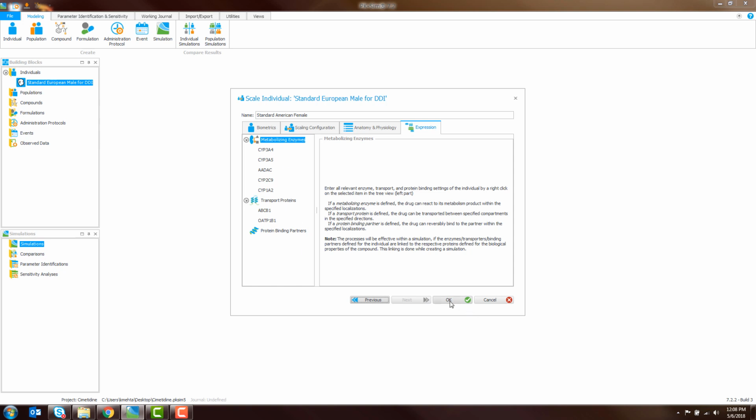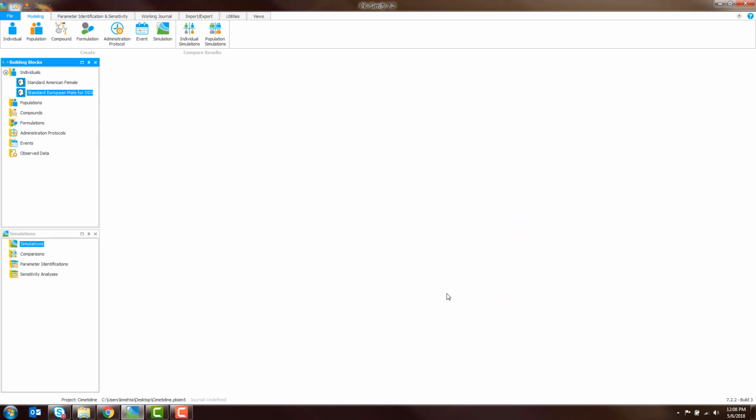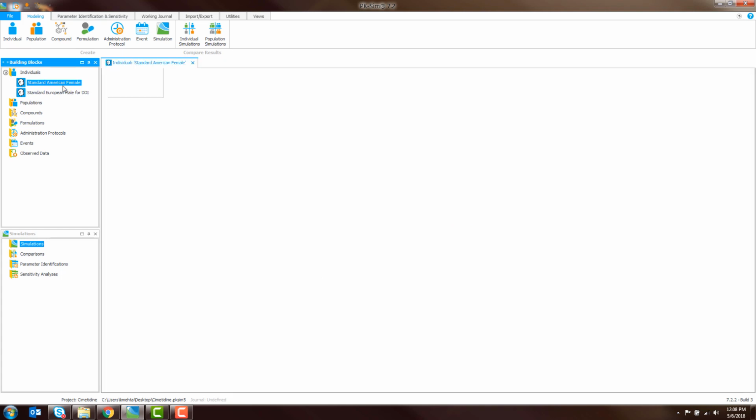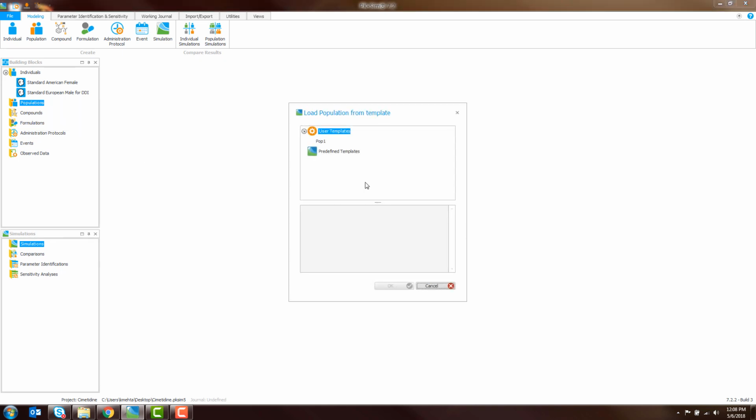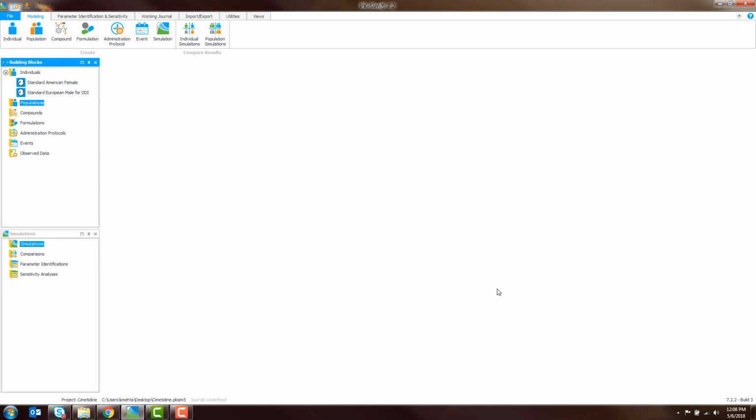And the same thing for expression levels. Unless you're sure, don't touch it. And we got ourselves a standard American female to use in the simulation. You can also get the population the same way. You can even import a population data set if you have one, but right now I'm going to just show you from the